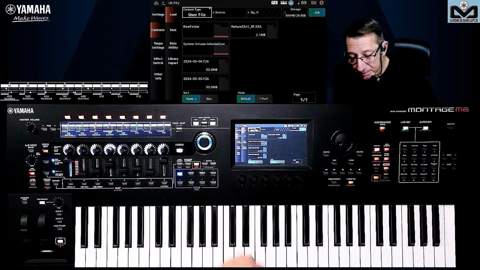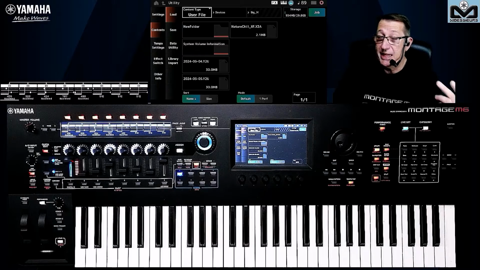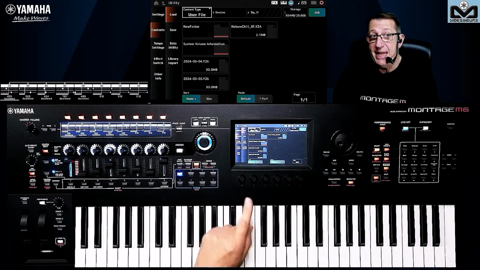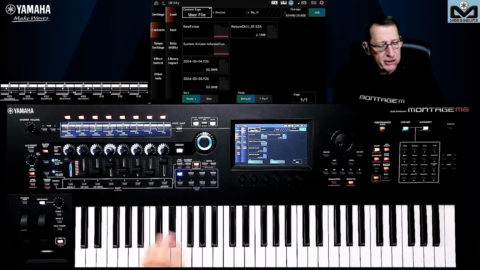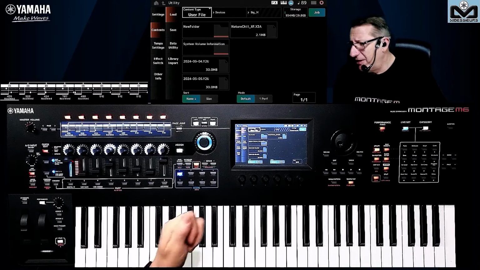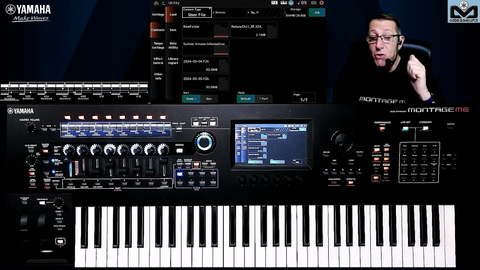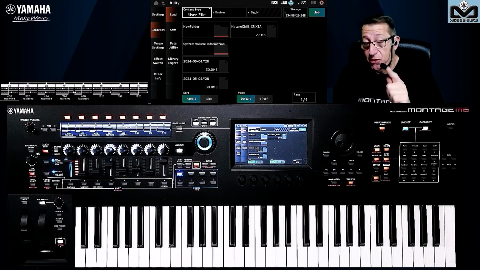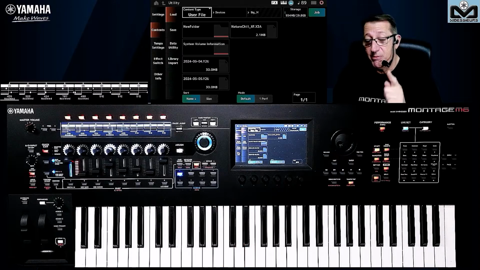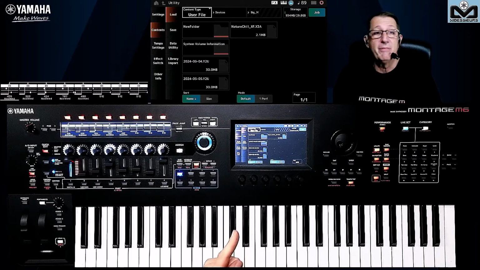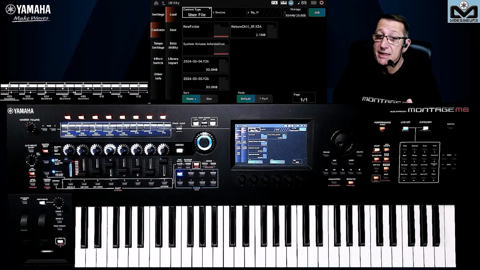So let's start with the user file. Do not forget to save your user file before loading anything. If a friend of yours creates some really great performances, try it. I have it on user file. Save your user file before loading that file from your friend. Very important, because if you do not do that, you will lose all your hard work.